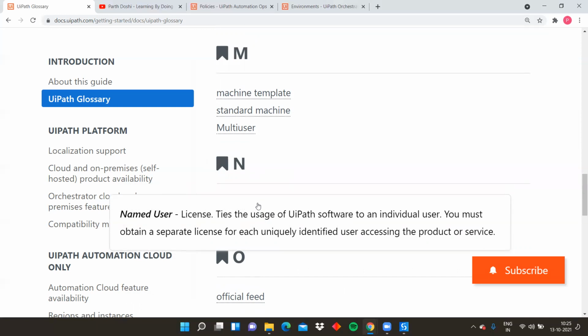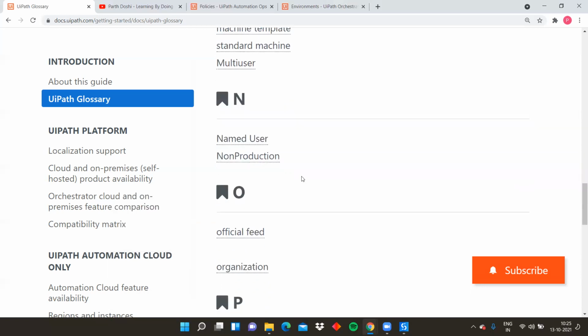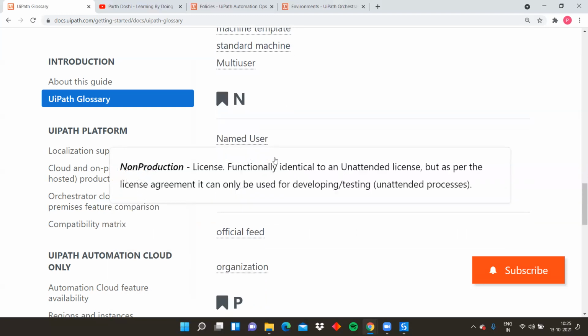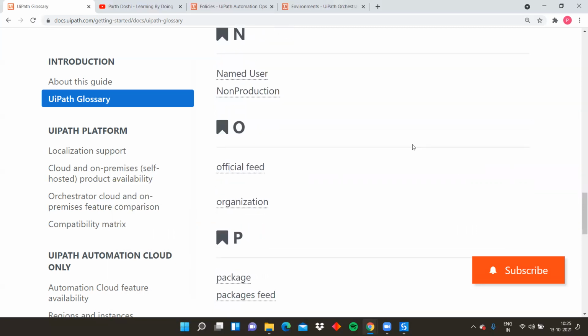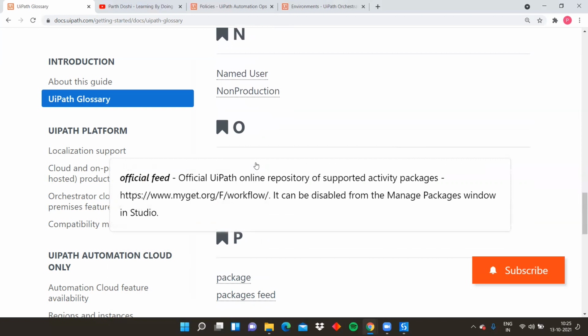You must obtain a separate license for each uniquely identified user accessing the product service. So this is again another interesting thing in UiPath. Non-production license functionally identical to unattended license, but as per license agreement, it can be only used for developing/testing unattended processes. So you cannot test attended processes in the non-production environment. Official feed is something we already saw, packages coming from a particular URL.